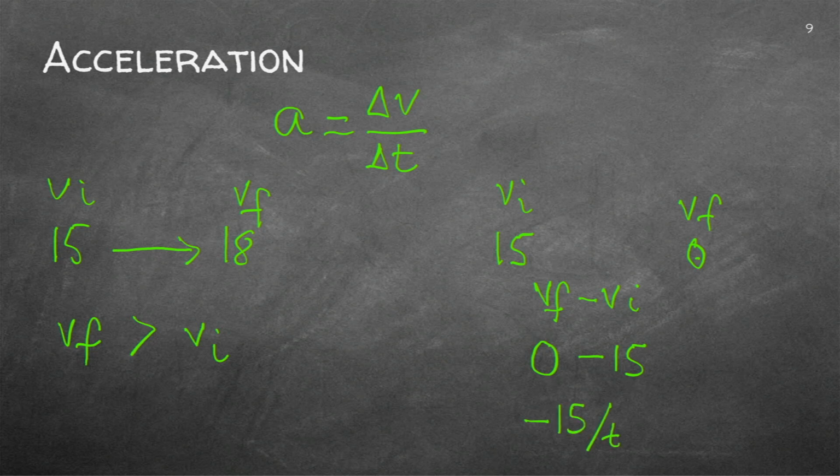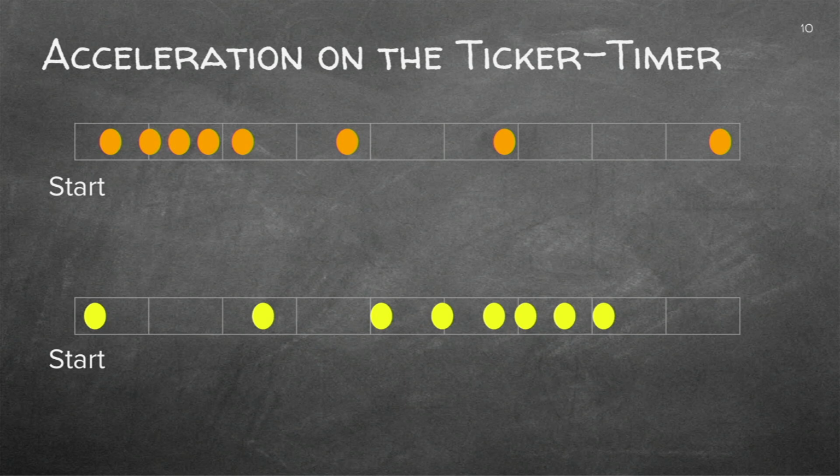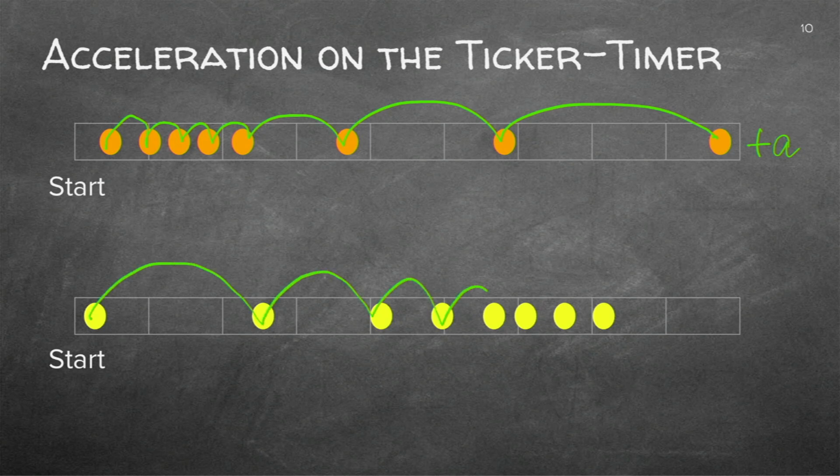And what did we say a few slides ago? This will be slower. It will be a negative acceleration. Do you see? You have to allocate a sign. 2 ticker tape examples. Can you see that the dots are moving further apart? So I've got a positive acceleration. Here you can see they are slowing down. They are nearer, nearer, nearer. So I've got a negative acceleration.